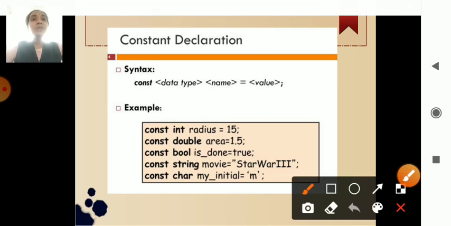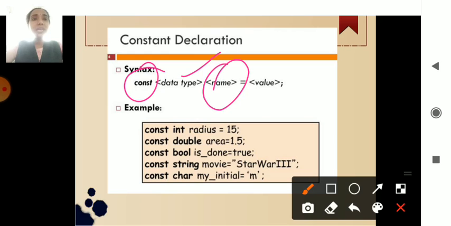Okay, how it is declared, you can check out how the constant declaration is made. So here you have the const keyword, which is the syntax. Then you have the data type, whichever it is: int, float, double. Then you have the name you are specifying, which is equal to the particular value you are assigning. Remember, this is the syntax of your constant declaration: const data type name is equal to value.